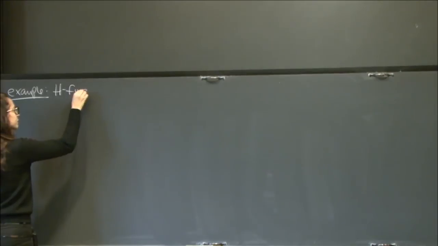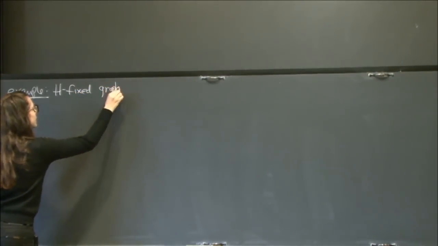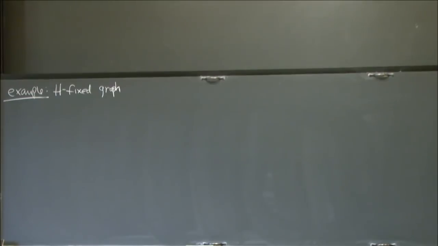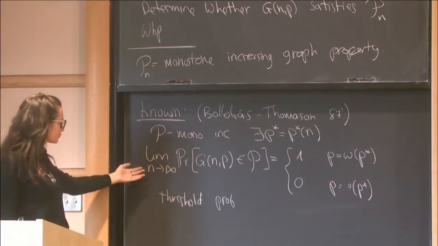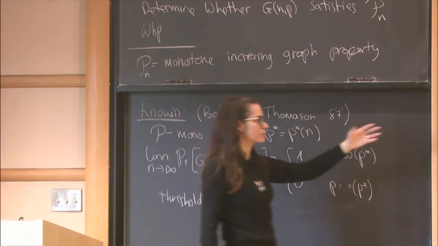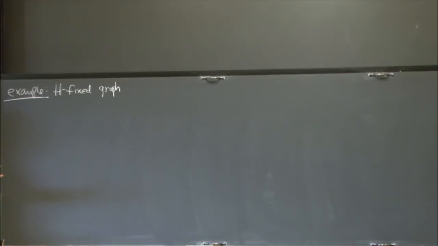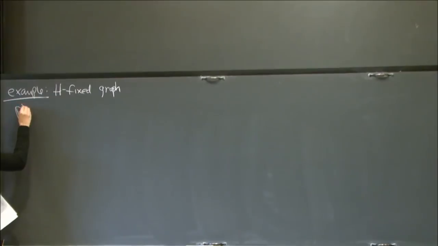Some monotone increasing graph properties. So let us consider H to be a fixed graph. And by fixed, I mean that the number of vertices of H is not depending on n. So we have G(n,p). We want to think of the number of vertices of G(n,p) as very large, and we want to consider some fixed size graph, for example, a triangle or a cycle of length 5, something which has a fixed number of vertices. Then it's known that the probability threshold for the appearance of H in G(n,p) is